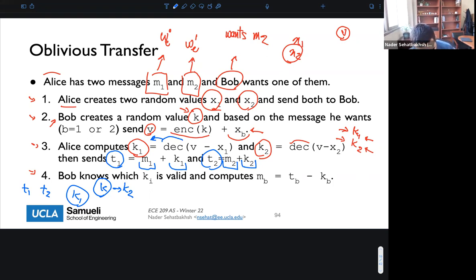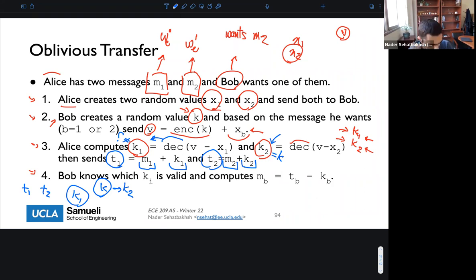So what does that mean is Bob cannot know. So if Bob knows what K2 is, which in this case is equal to K, Bob cannot know what K1 is, right? So he has no idea what K1 is, because in order to find K1, Bob has to be able to decrypt. And since we are relying on the security of the encryption mechanism, it is guaranteed that Bob can never know